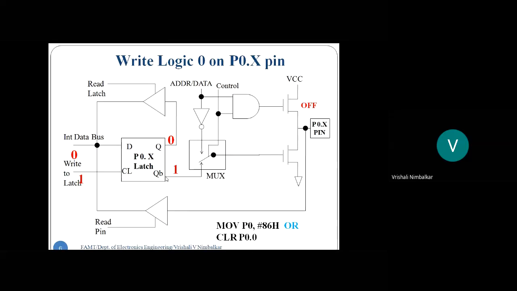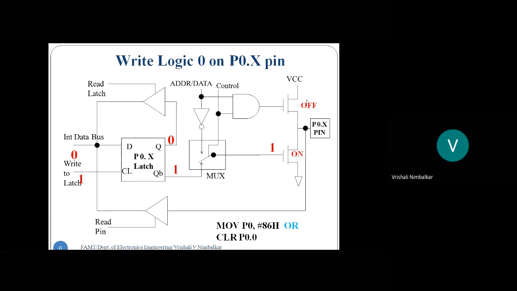This Q bar is transmitted ahead. So what will go to the MOSFET? Logic 1 will be transmitted to the lower MOSFET. This is an NMOS, right? See, for MOSFET, there are two varieties, NMOS and PMOS. So what do we have here? An NMOSFET. So logic 1 to an NMOS turns it on. So the lower MOSFET turns on.